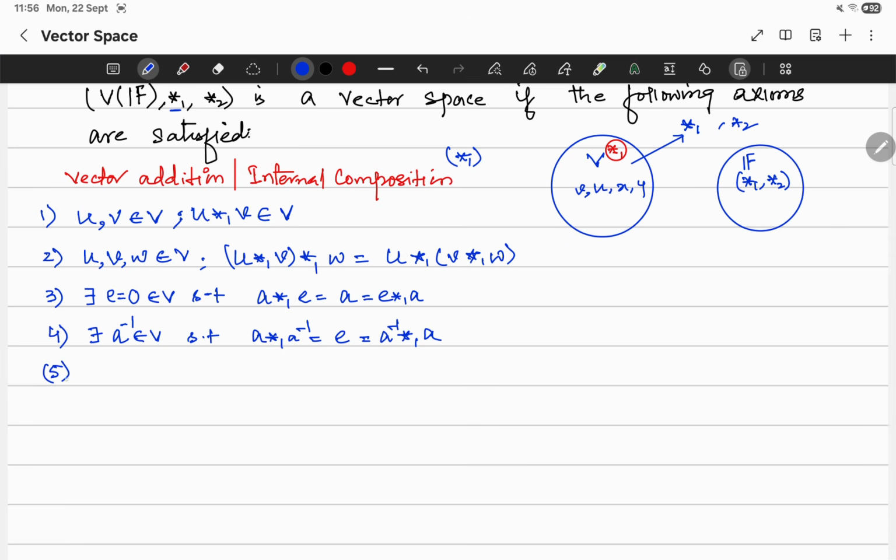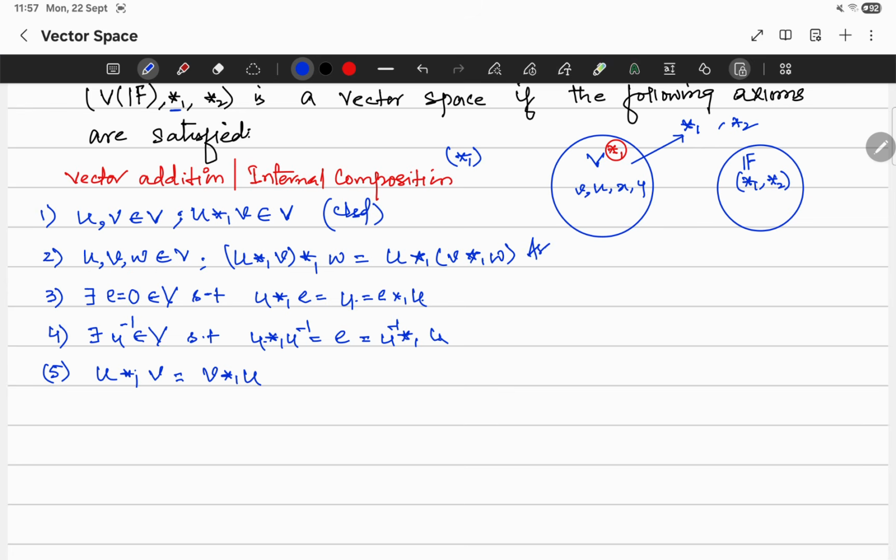And the fifth property which it holds is that A, okay, U, or I took A and B here, you can also use U, okay, don't get confused, you can also write it like this, okay. Now U is written, so we will follow the same. So now U star 1 V should be equal to V star 1 U, okay, so this is capital V, okay. So it means that if you will see, it is closure property,